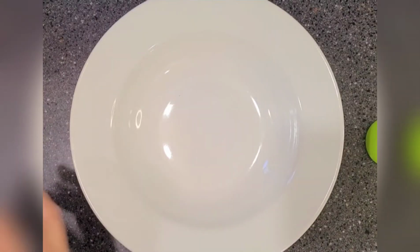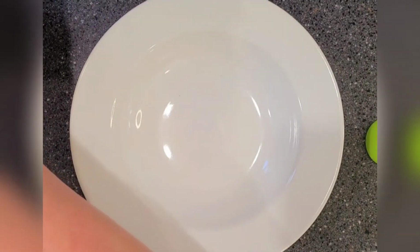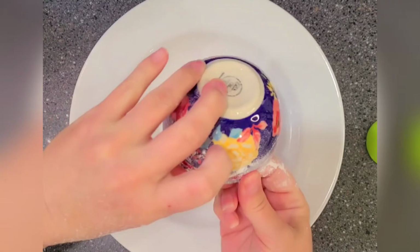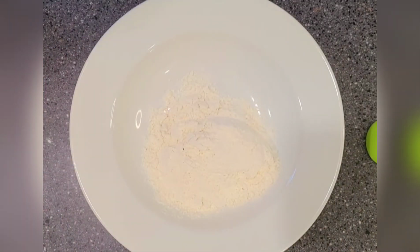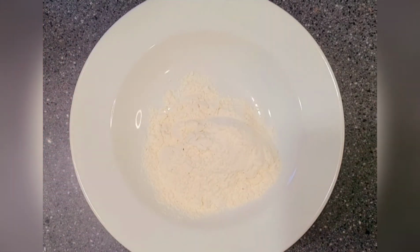Okay, so before we cook up this chicken, we're going to do a little breading on it, and the flour is just going to help the sauce thicken up and come together. I mean, it's not like a thick sauce, but you want it a little bit thicker, so this is going to help that. So we're going to take half a cup of flour